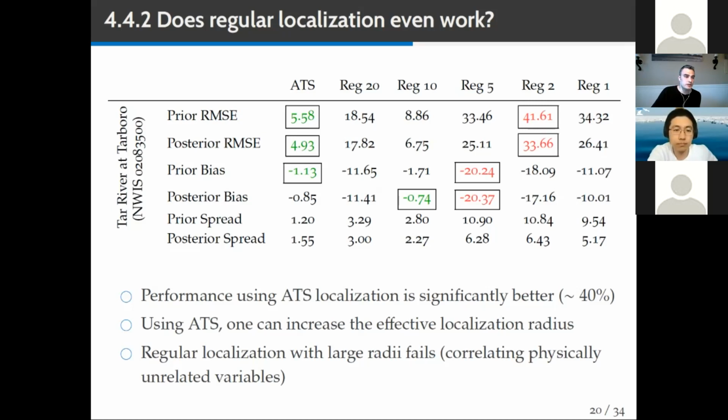And I'm looking at different metrics: the prior MSE, posterior MSE, prior bias, and so on. As you can see, in all of the cases, ATS localization is significantly better than the regular localization. And I think if you were following what Michael was presenting yesterday,